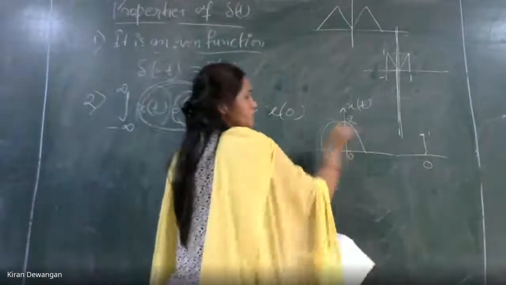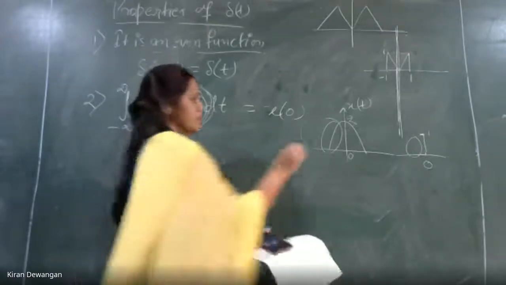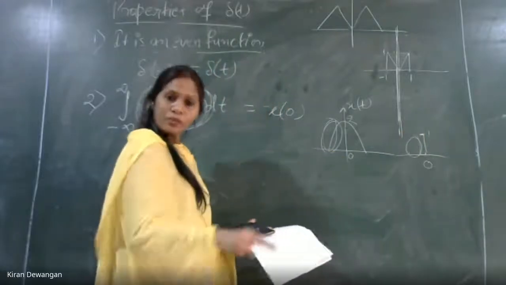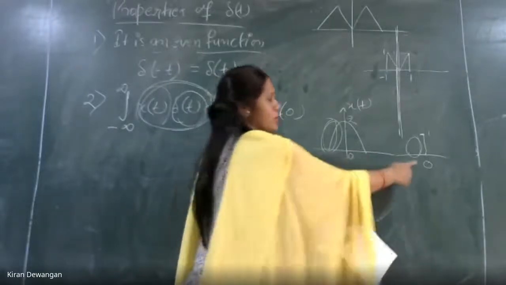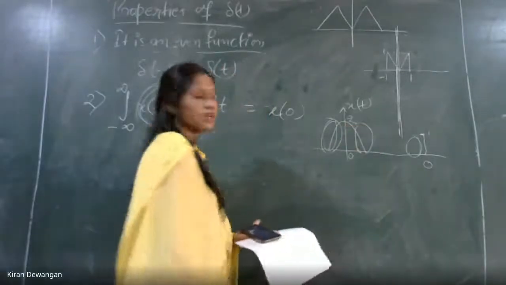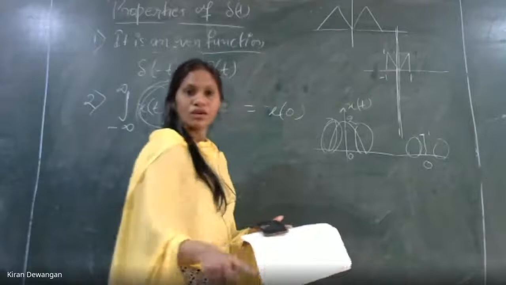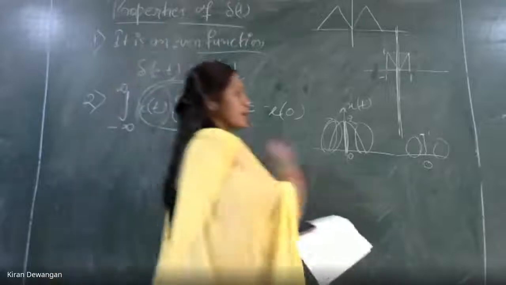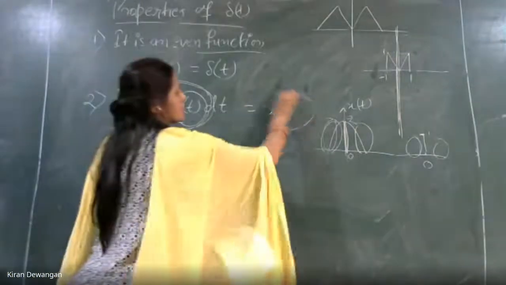But all of these values, when multiplied with these values, it will be 0 only, right? All these negative values of x(t), whenever they are multiplied, it will be 0 because it is multiplication. Whatever the value is, when multiplied by 0 it will be 0. Similarly, the positive values of x(t) when multiplied with positive values of del t, since del t is 0, it will be 0. So what is existing is only the value at t equals 0. So the answer will be x of 0.